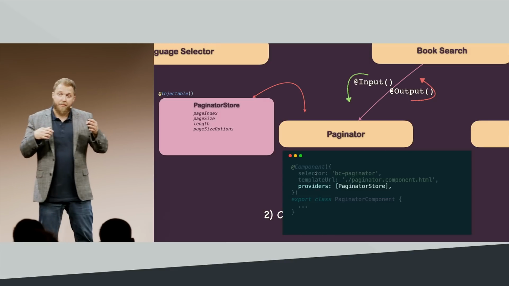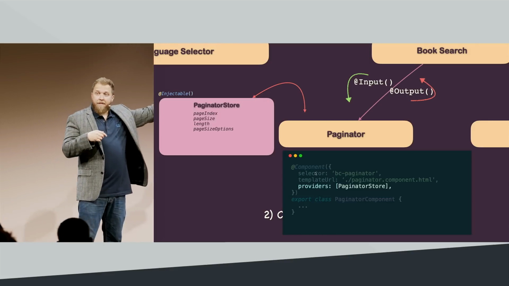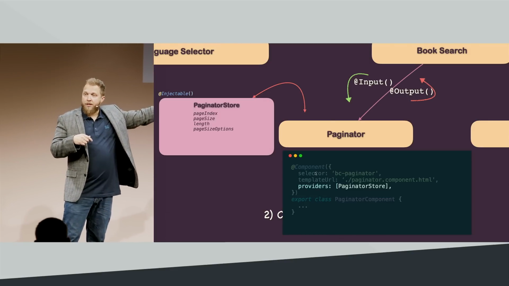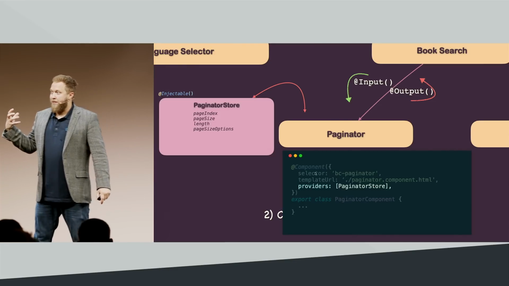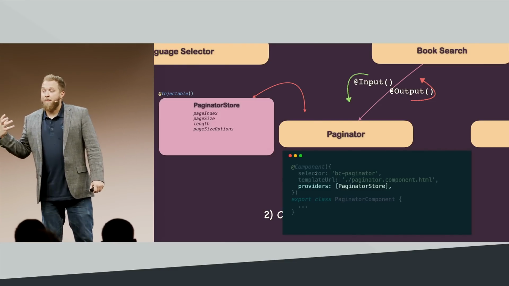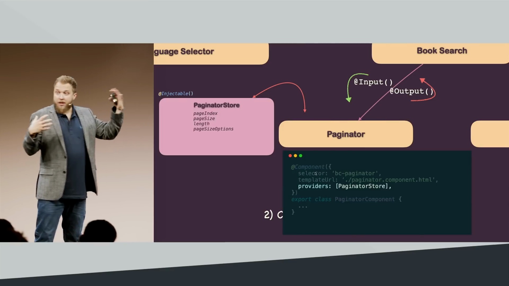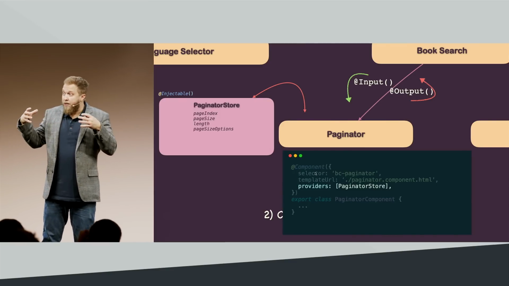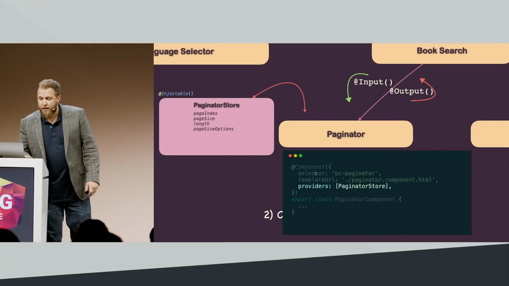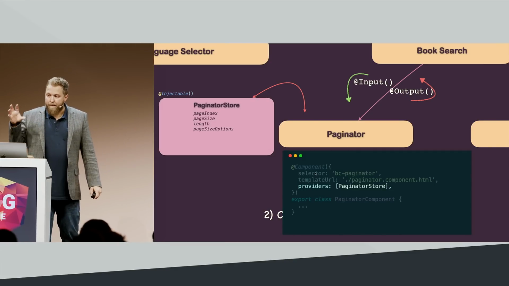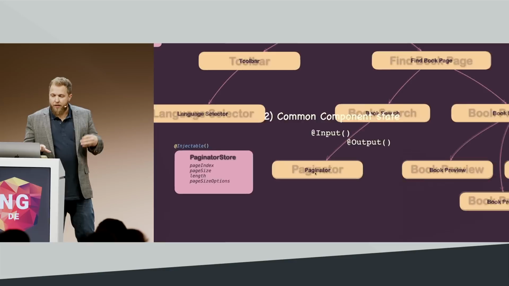But it also means that for every instance of a paginator, it will have its own component store inside of it, right? This is very powerful because you might have multiple paginators. Each one will be just tied to the state of its component. All right. The next type would be